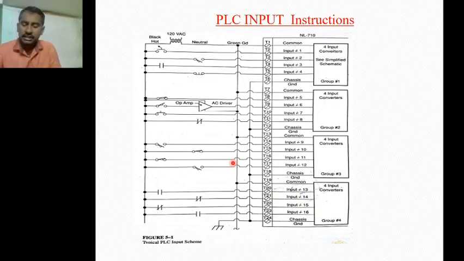Next, PLC input instructions and output instructions. So what do instructions mean? Whatever devices we connect to the input module are represented with one representation, and that representation is nothing but an instruction. Suppose an input device is connected to input 2; this can be represented as IN01 in the PLC input module. So all the devices connected to the input modules or output modules can be treated as an instruction.